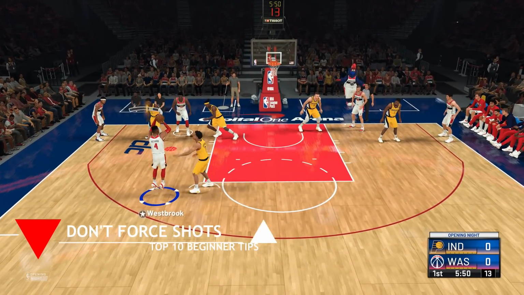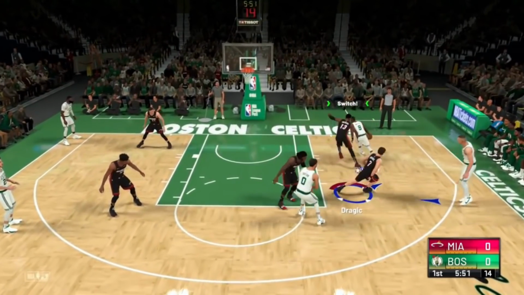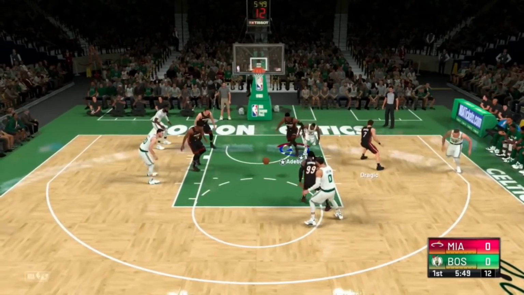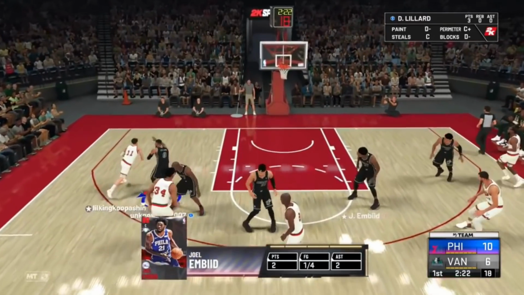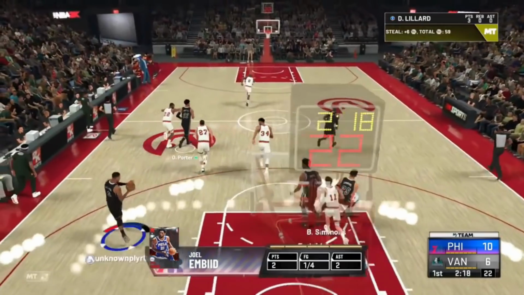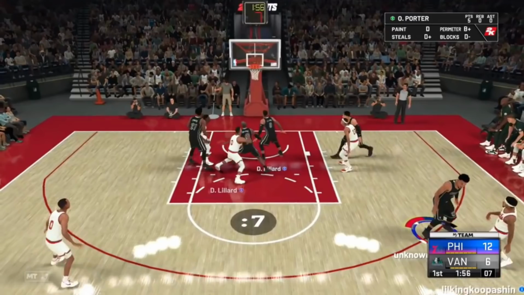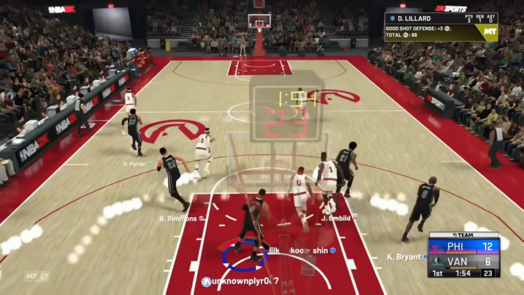Next up, you don't want to force shots. In general, you don't want to get into the habit of forcing shots when the chance of it being a high percentage one is next to nil, and you end up throwing up a 70%. It's nice to be bailed out by badges once in a while, but you don't want it to reflect in your shot selection. So you have to be aware of your surroundings to then judge if you should shoot that